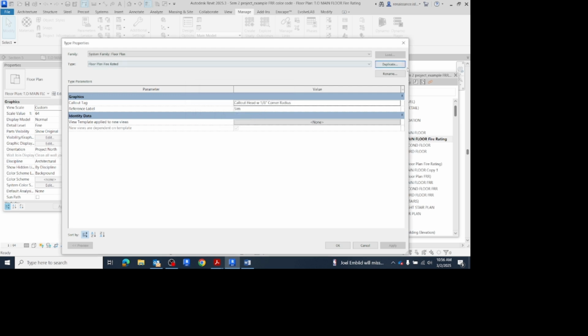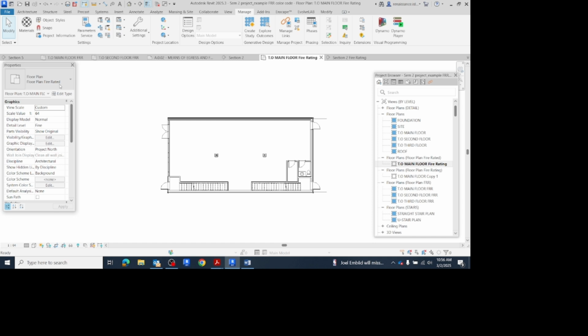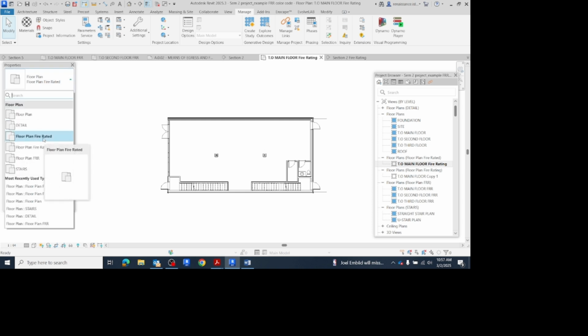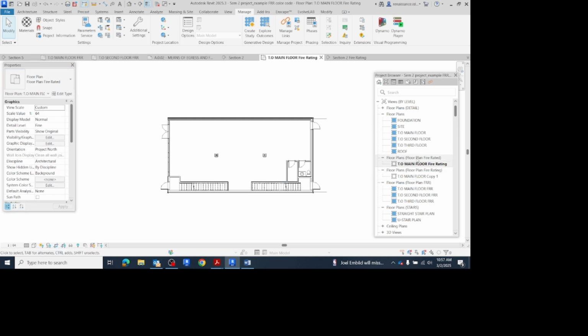Okay, now you will see that because I opened that drawing, and from there I just selected floor plan fire rated. So now it created on the project browser. If you come, you could see that it created a subfolder, floor plan fire rated, that I just created, and it automatically brought that duplicate drawing under this subcategory,